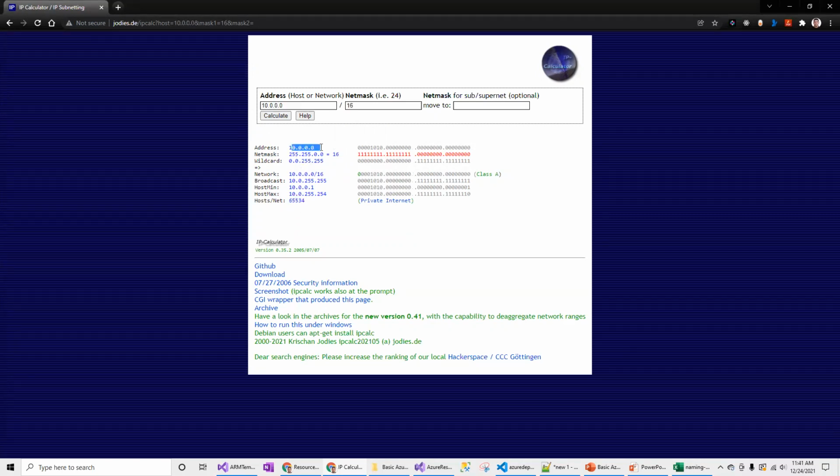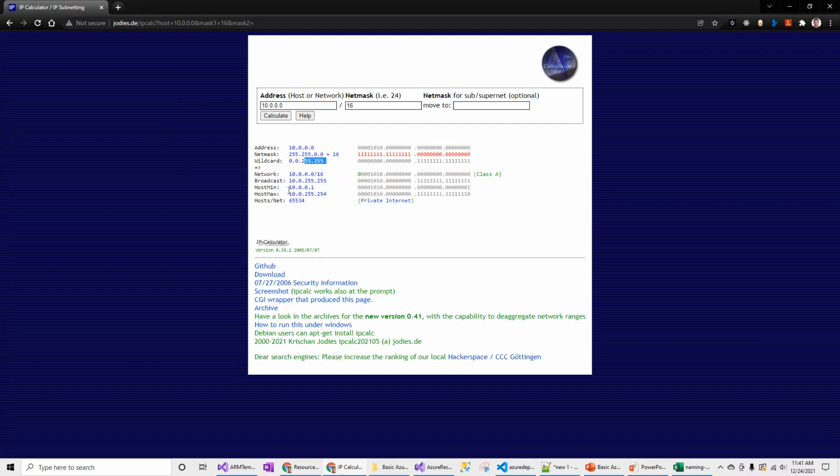You will see this is the starting point, this is the mask, which is /16, and this is the host IP wildcard numbers which I'm going to get. 16 means the first 16 bits are the network part, and the remaining 16 are for the host part.